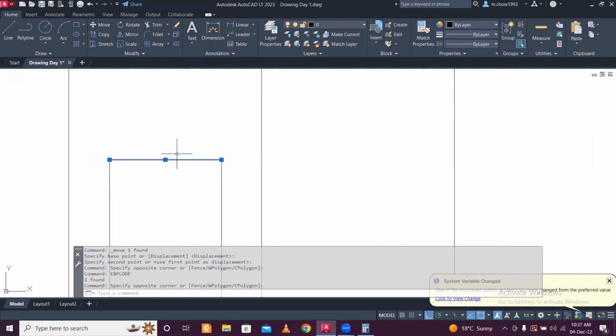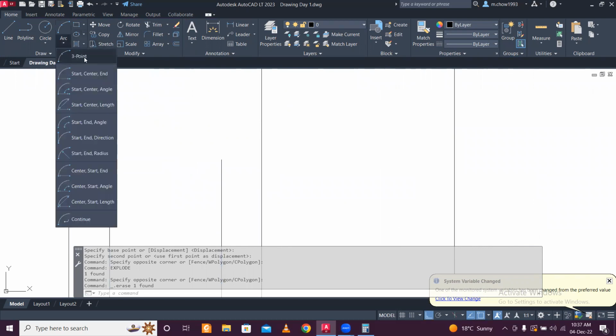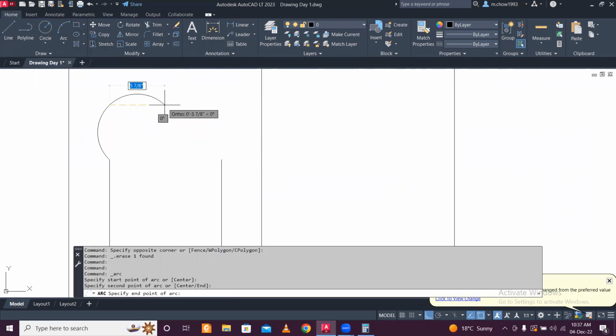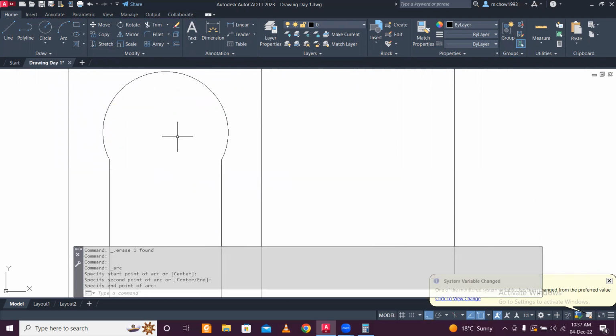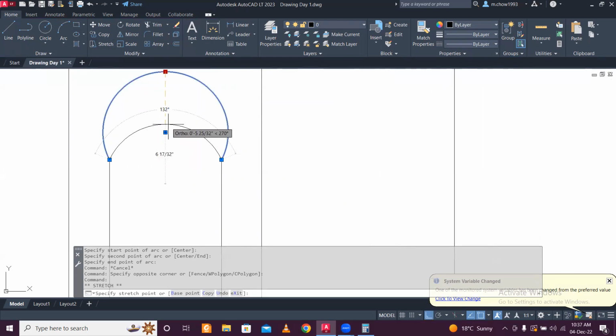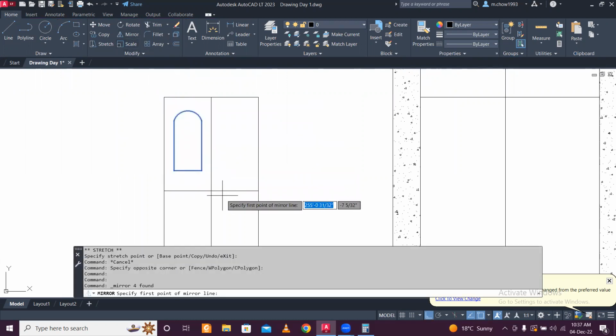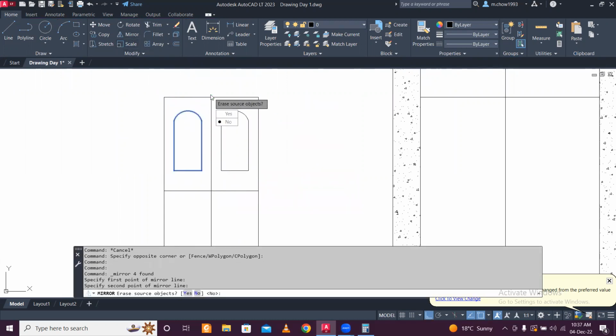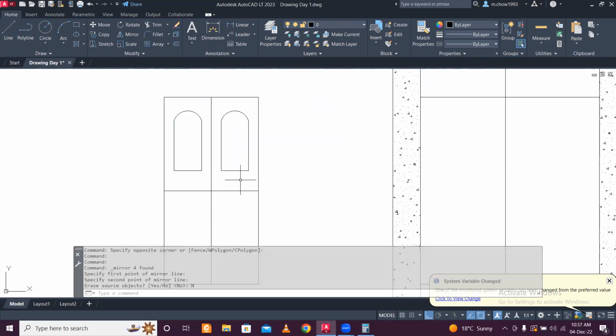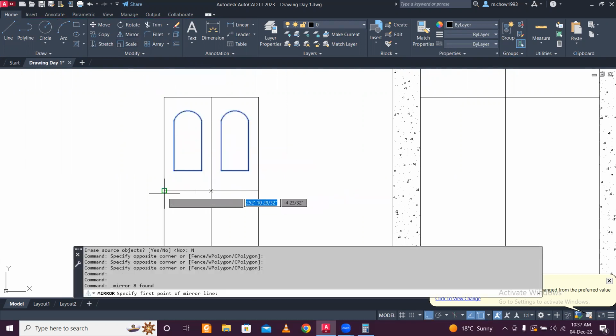I'll explode this and delete this, and then we'll do an arc here, maybe a 3-point arc: first point, second point and third point, like this. And just reduce the radius of the arc to look a bit more proper. Now we'll select this and go to the option of mirror, and erase source object, obviously no, and then we'll select these two and mirror them,